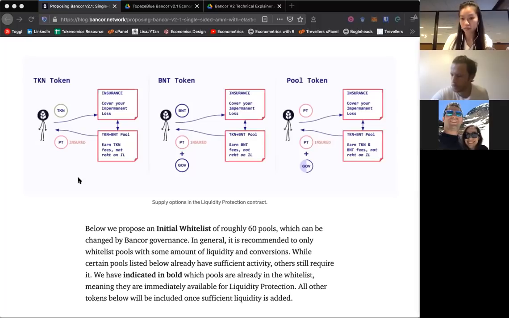So again, if I come with TKN, as the example shows, I come with 100 TKN. BNT are minted against that. I receive half of the minted pool tokens, and this half amount of pool tokens is allocated for my TKN position. Now, when I want to liquidate or unstake my protected position on TKN,